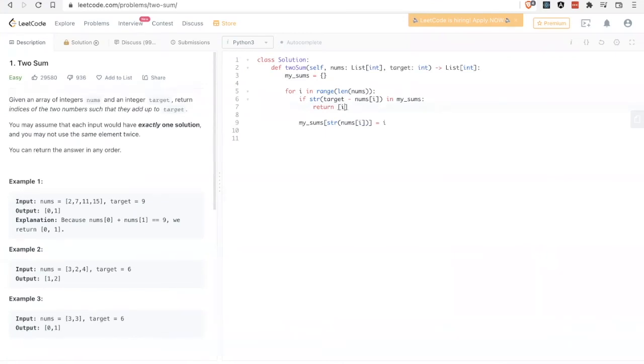One of them is i, because we're passing through the list of nums, and target subtracted from the current number we passed through is in MySums. So in this current iteration, i should be one of the indices. And then the other one is stored on the hash table, so we have to retrieve it.